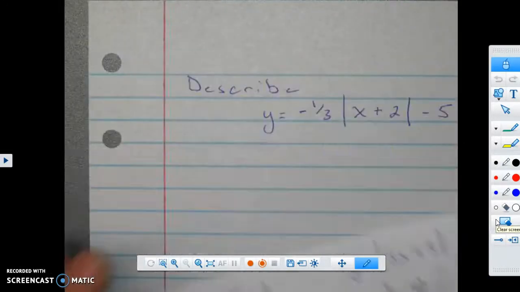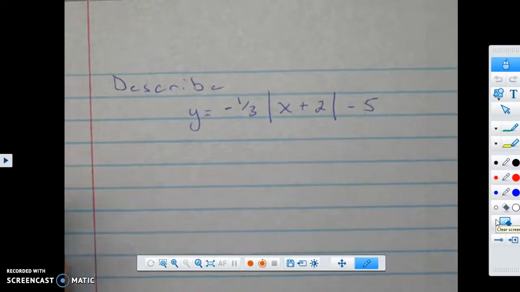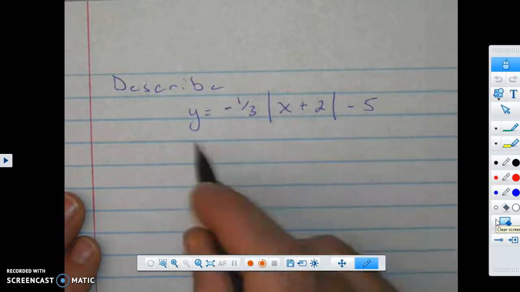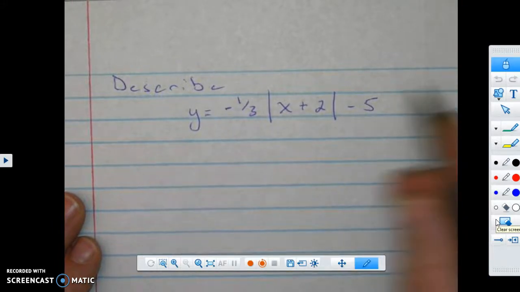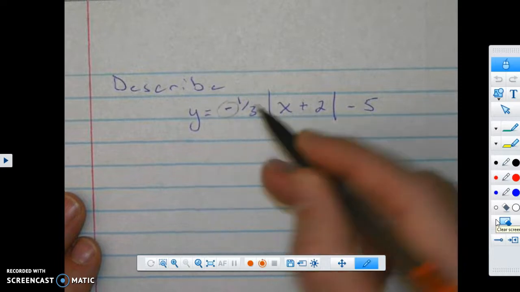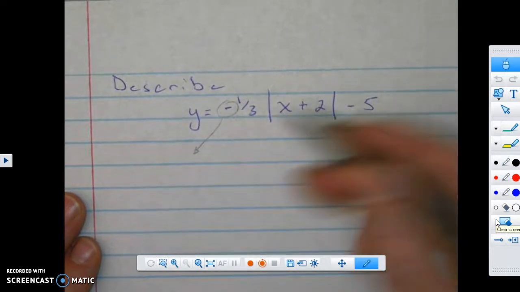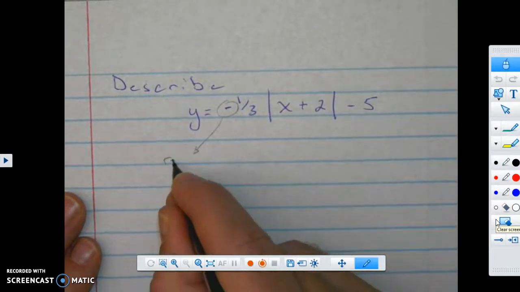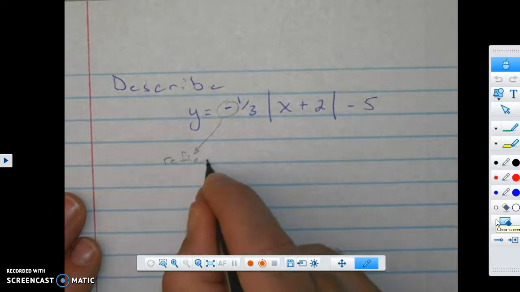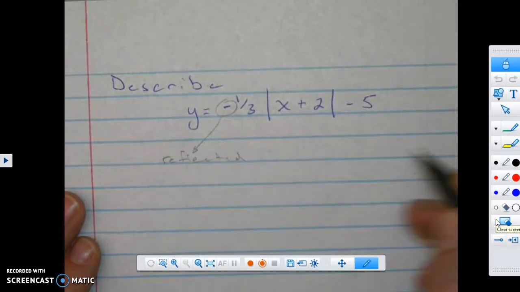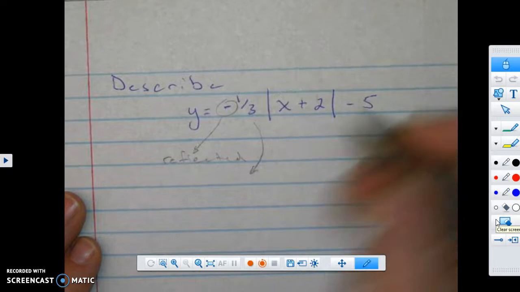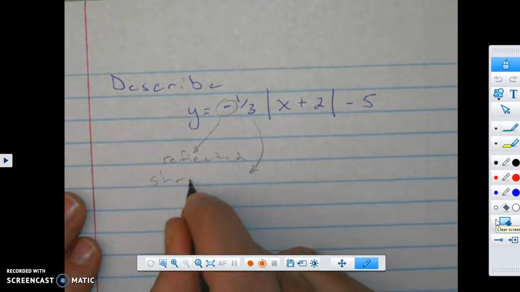And the last thing I want to put in here is a quick describe, just so we can shore some of this up. So we have a few things going on. So this problem, if it was a 1-point problem, we'd have a 1/4 point for each piece. So I would expect that you would mention that this is reflected, and it is a shrink